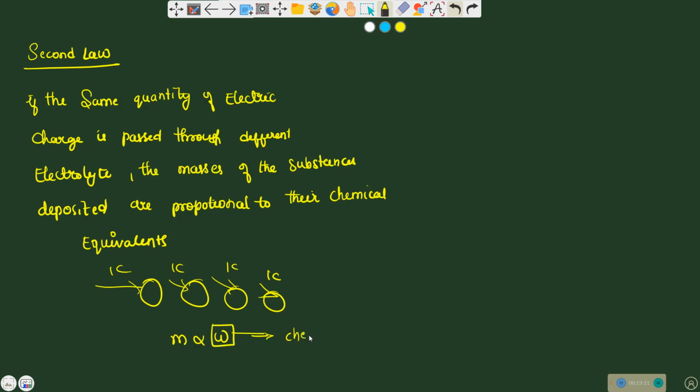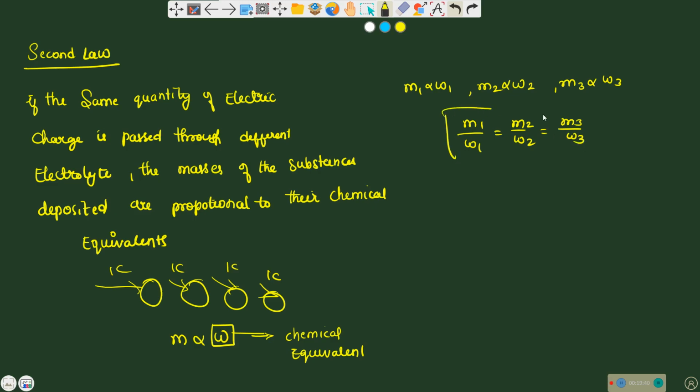So M1 is proportional to W1, M2 is proportional to W2, M3 is proportional to W3, or M1 divided by W1 equals M2 divided by W2 equals M3 divided by W3. I think you have understood